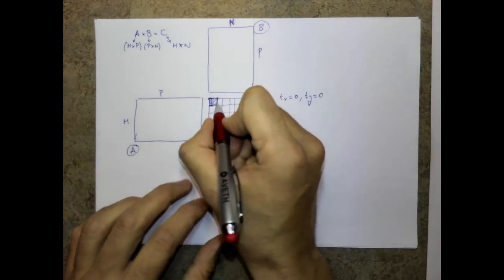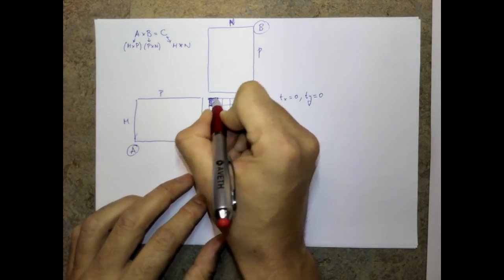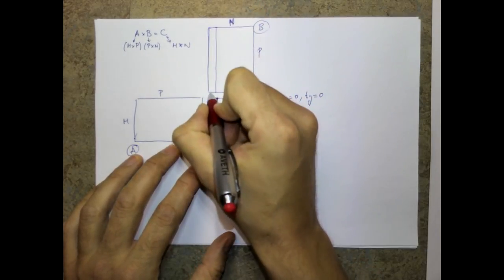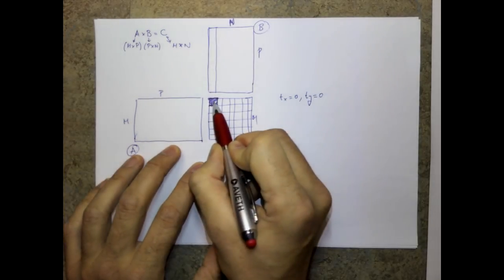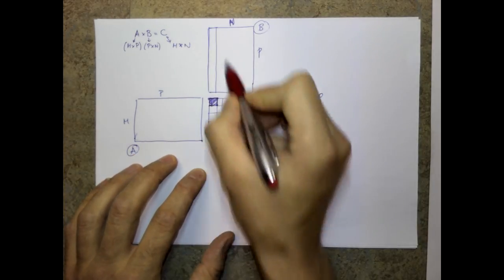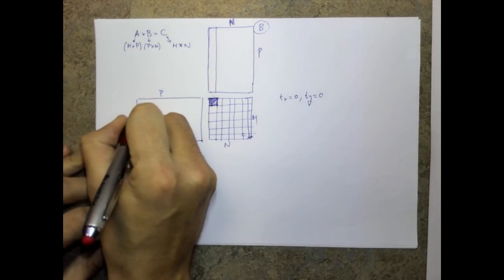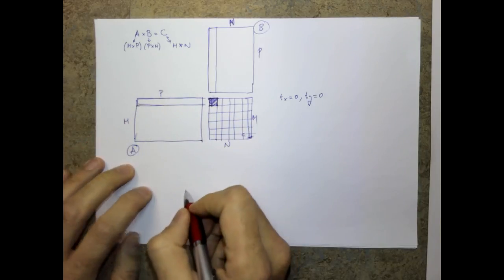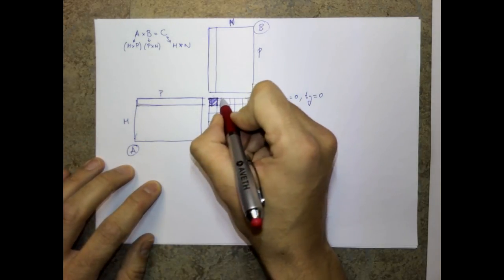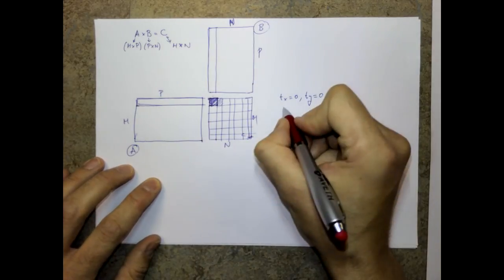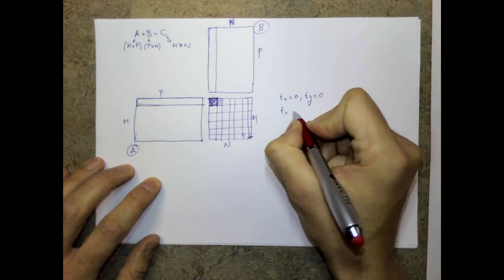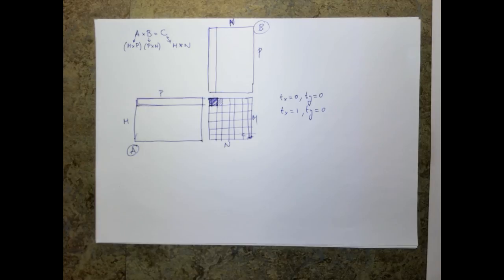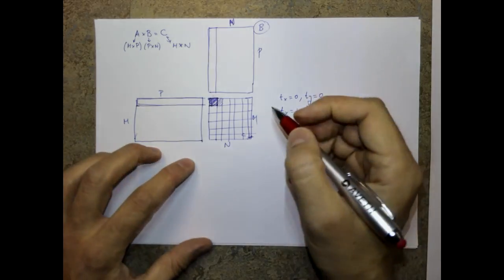Okay? So observe that this thread needs to access this entire column, because obviously to calculate this element we need to perform the dot product of this column and this row, right? And now this element will be computed by tx equals 1, ty equals 0, okay? So observe that